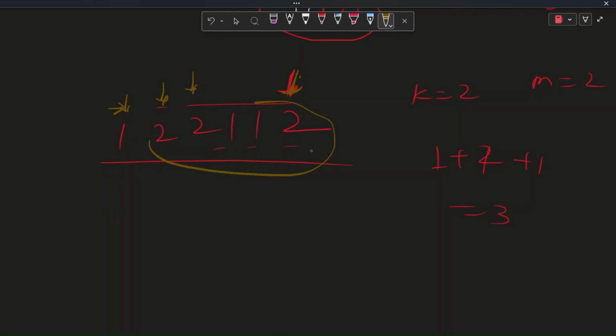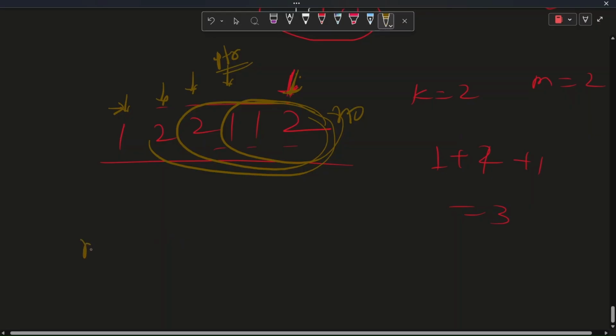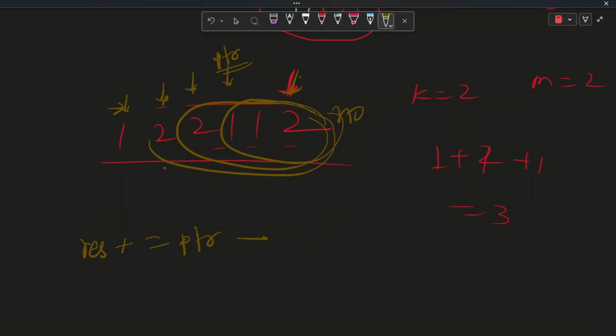Shift it here, this is also valid. Shift it here, this is a valid subarray. No, this is not. We will stop the pointer here, and what will the count be? We will add to our result this pointer minus